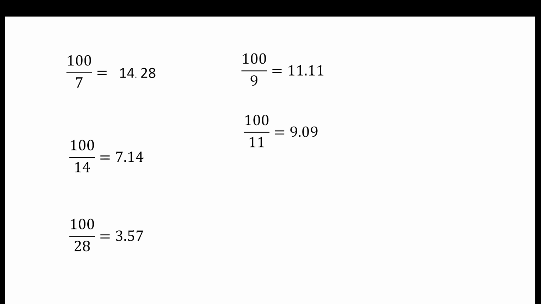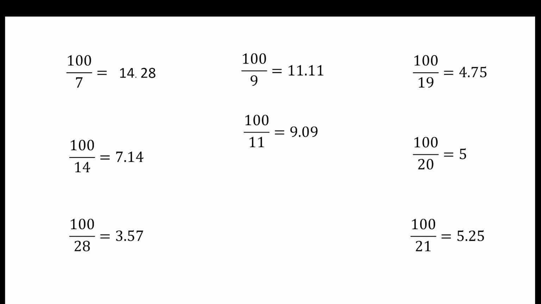Now for 19 and 21, we'll connect to 100 by 20. You already know 100 by 20 very well. So you'll add 0.25 and subtract 0.25. Now where will you add? 100 by 21, which is 5.25. And what is 100 by 19? Yes, 4.75. Just for ease of remembrance, we are connecting 19 and 21 to 5. You know 100 by 20 very well, and hence we'll remember what is 100 by 19 and 100 by 21.